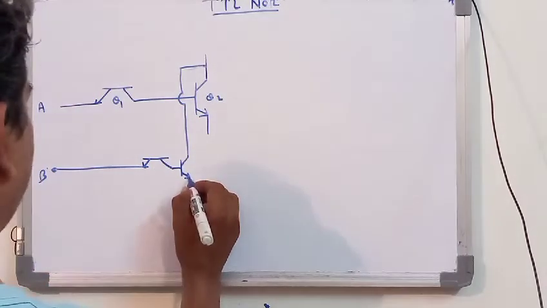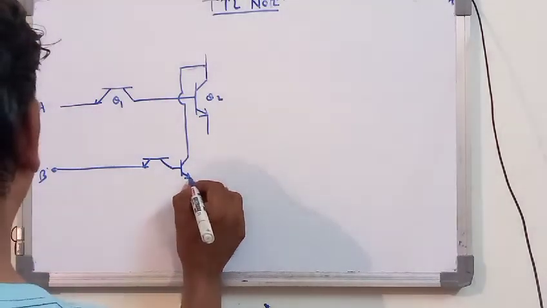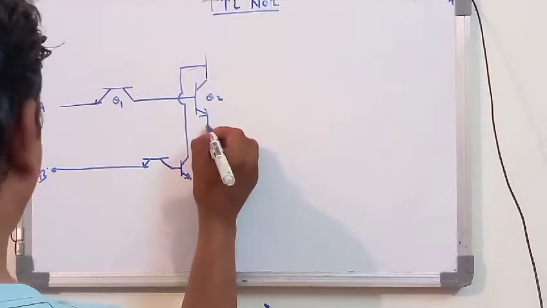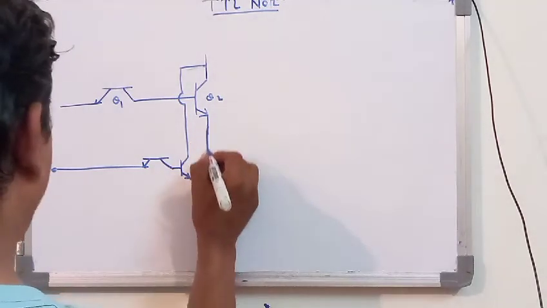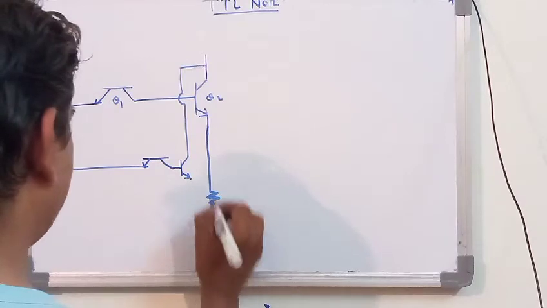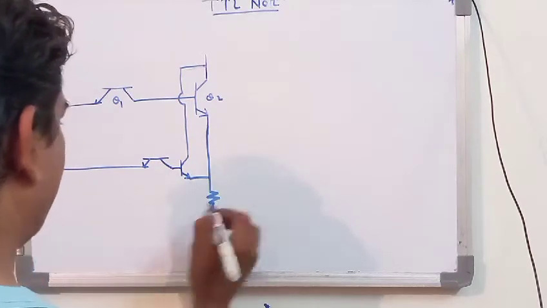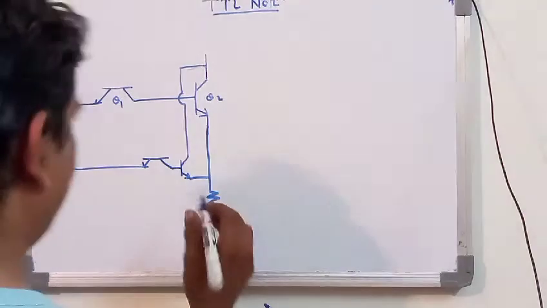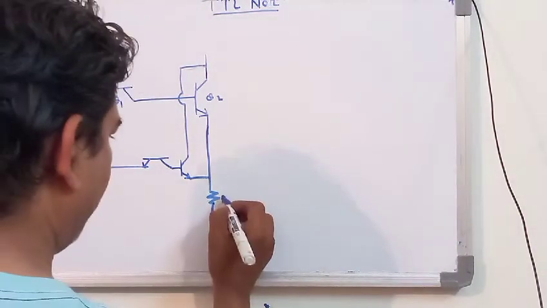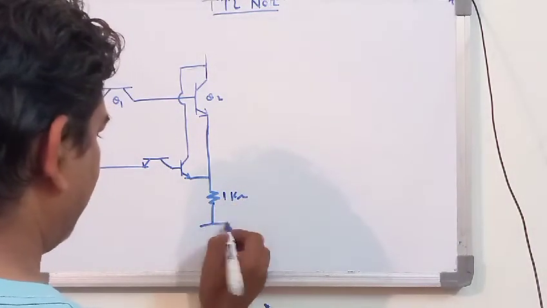Okay, then this emitter is going to be connected with this particular emitter, which is grounded through the resistor like this. This resistor is having a certain value, either you say that it is 1 kilo ohms and it is